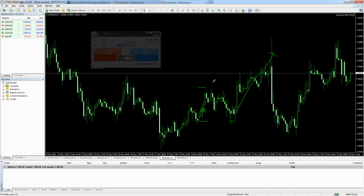Many things that hurt you here. Very frustrating. That can be the trade that drives you nuts for the rest of the month, how it didn't get out just another pip. Or if it wouldn't have got stopped, if the stop would have been right here, I would have been able to hold that trade and make all that money. This happens to robots, it happens to manual traders, and that's why PipStat, what its job is to